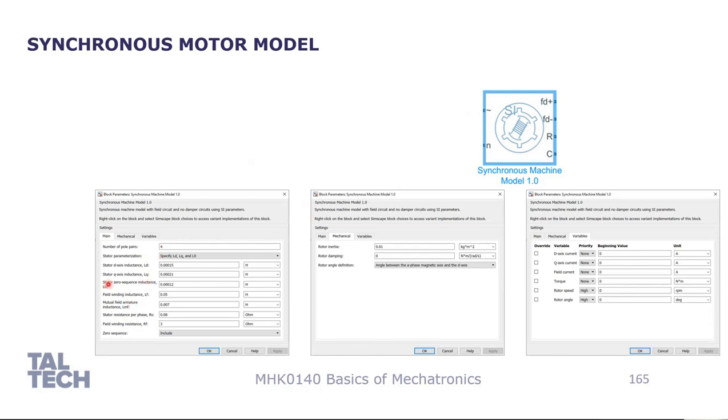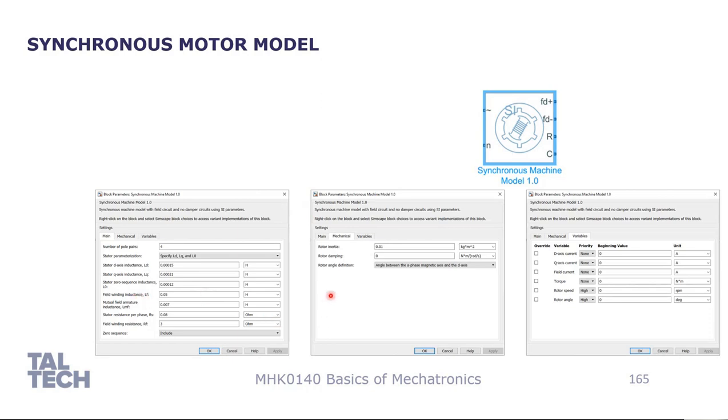We have the different leakage inductances for the direct and quadrature axis. We have the stator zero sequence inductance that is also needed for the magnetization. We have the parameters of the field winding,